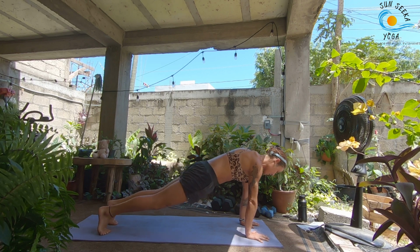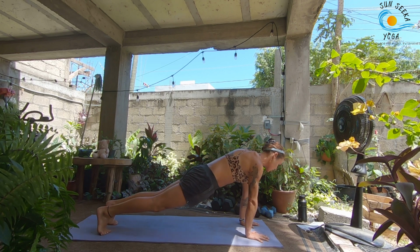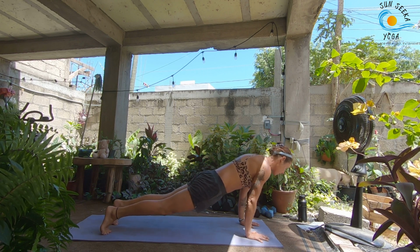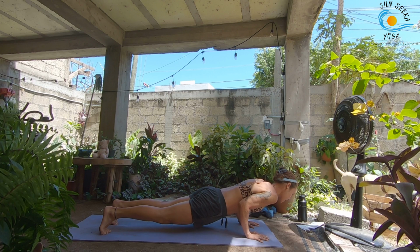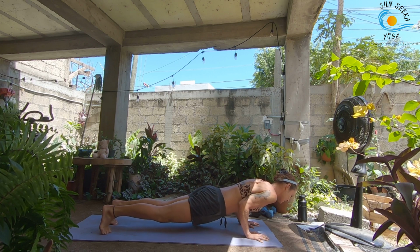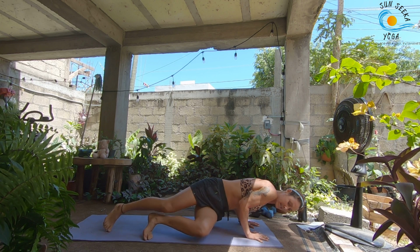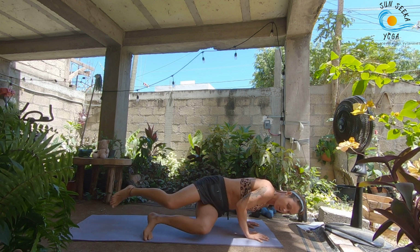So you're going to shift forward. You're going to lower down into your chaturanga. You can always bring this down onto your knees. Otherwise, you're in your chaturanga. Listen carefully. Your left leg is going to step to the left side of your mat. Your right knee is going to come and tap your right elbow. You'll step the right foot back,